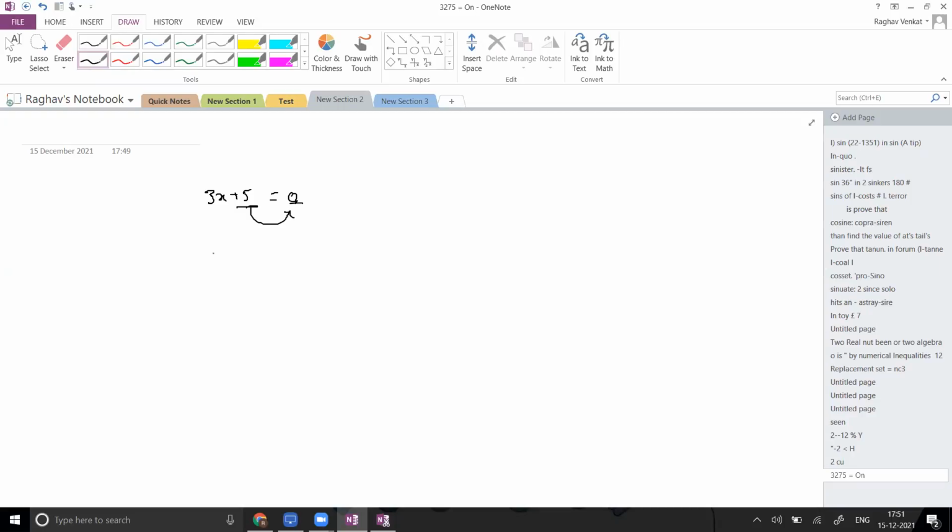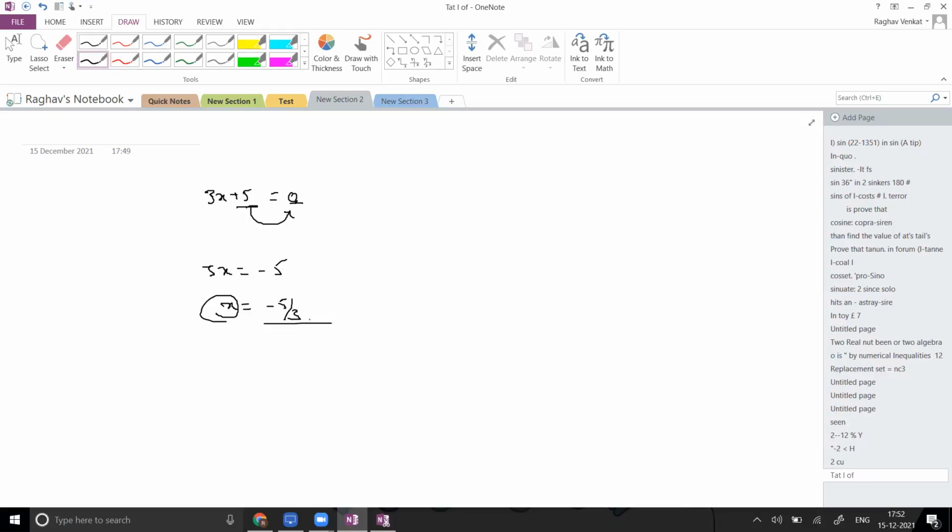Correct or not? Reverse of BODMAS rule here. When you are doing the operation, use the reverse of the BODMAS rule. So 3x is equal to -5, x is equal to -5/3. So x is isolated. The value on the other side is your solution for this equation. Same procedure we will use.